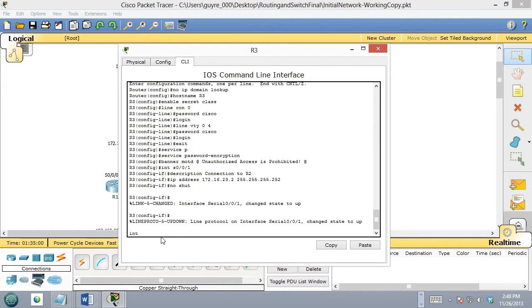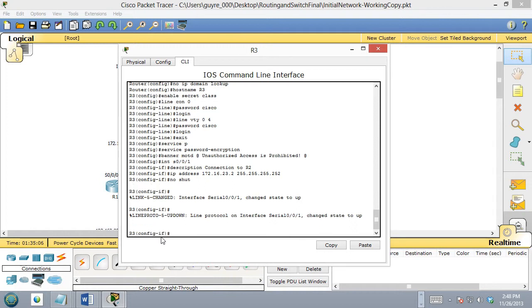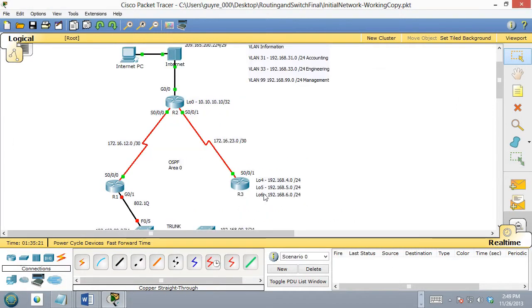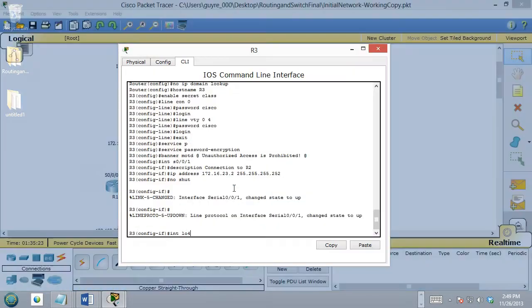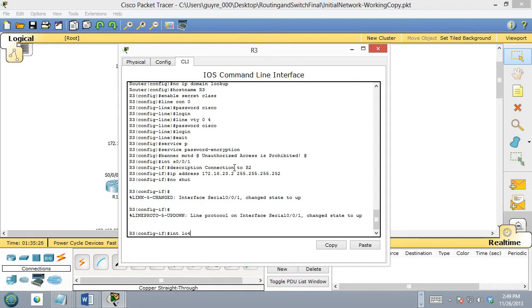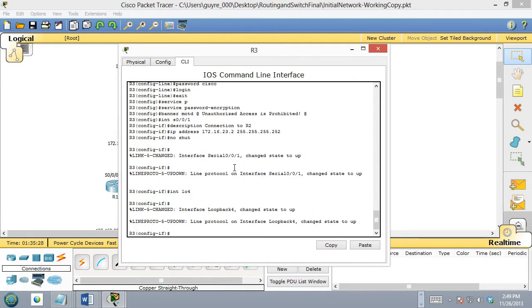Now I am ready to do my loopbacks. If you get this little console message, this syscon message, just hit enter, and that'll make that go away. So now I'm going to type interface Lo4, because I think it wanted 4. Let's make sure. It was Lo4. Yeah, Lo4, Lo5, and Lo6. That's what we want. So interface Lo4. It'll immediately bring it up. Hit enter. And now we're going to type IP address